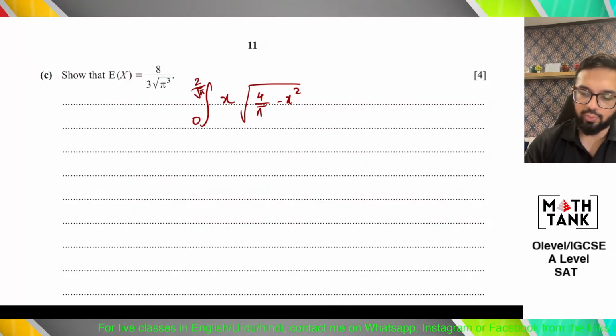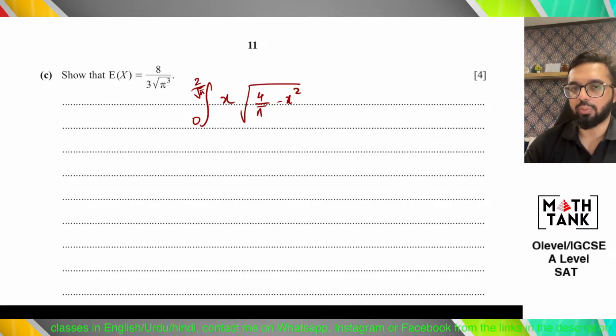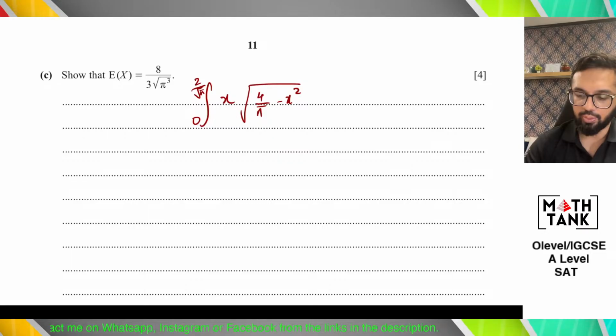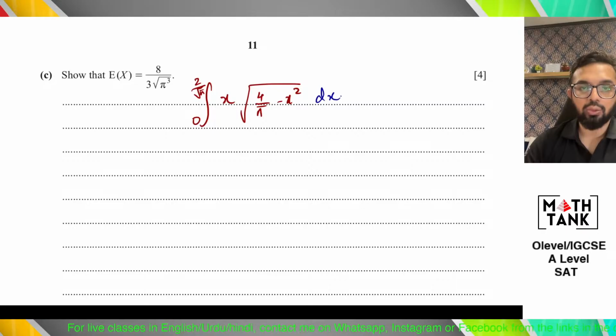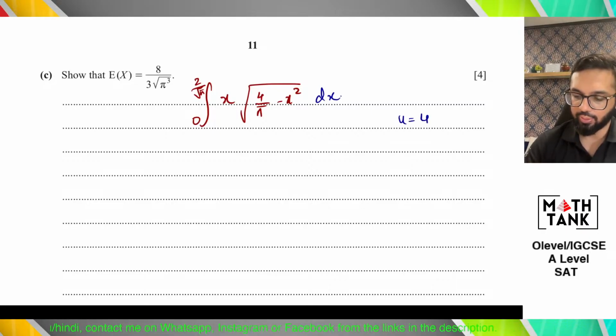Okay, now that is a little challenging. Now, we've done this in integration by substitution: sometimes when the differential of something is visible to you, you should take a substitution for whatever can be differentiated, and the differentiation is visible outside. So what I see is that the differentiation of minus x squared is minus 2x, and x is already out there. So I can use a substitution that says u equals 4 over pi